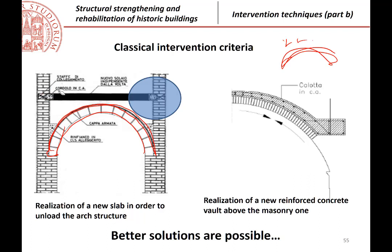So when this kind of intervention is done, typically the structure is also supported over the arch. The arch is consolidated, for example, and there are some distributed supports of the new structure, which can be, for example, a wooden structure, over the arch. So you are able, in this way, to stabilize, of course, the arch itself, especially for thin arches,